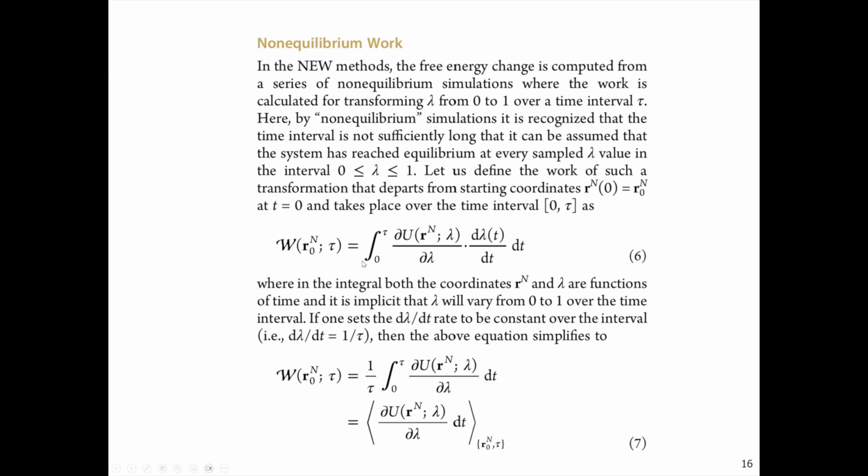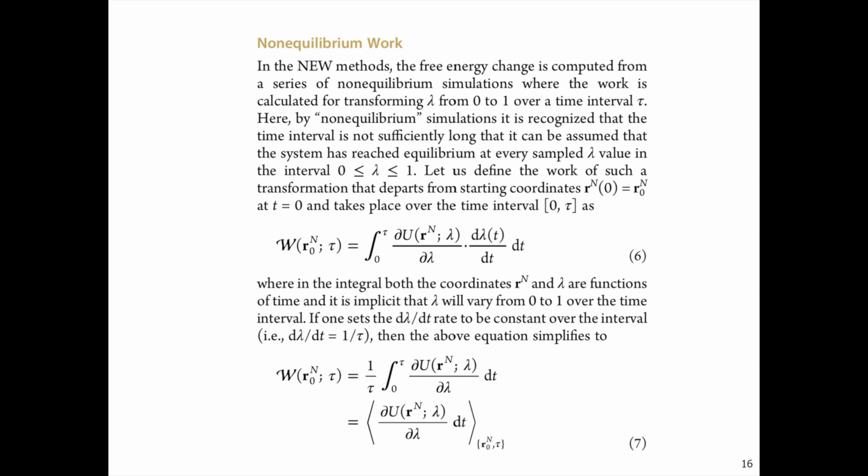non-equilibrium work or irreversible work, is that you're doing a set of fairly fast simulations where you first start by doing an equilibrium simulation of one end state. And then sampling that end state distribution, you run a bunch of very short simulations which switch over from that end state to the other end state, but on a time scale where you can't guarantee that it's at equilibrium. So it's a non-equilibrium switch.